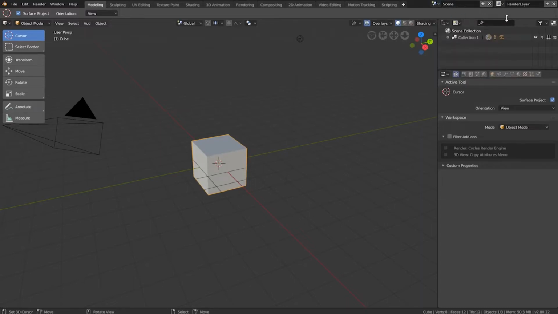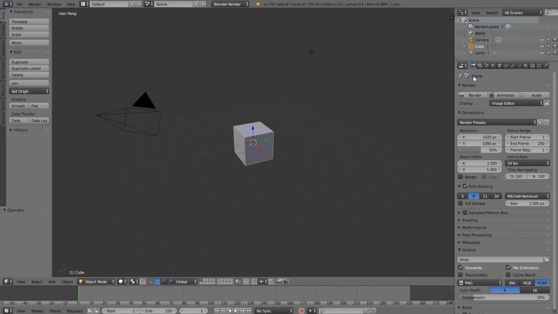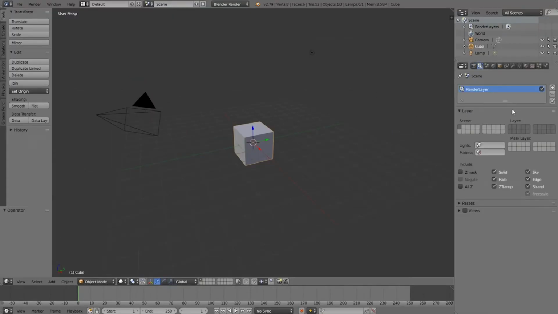And now it's also paired with this section over here, the render layer, which jumping into 2.79, we would have normally seen this sort of stuff in the layers tab of the properties window. And so this is where we need to talk about collections. So collections are like the new layers, but again, more like ultra layers, since we can do some things that